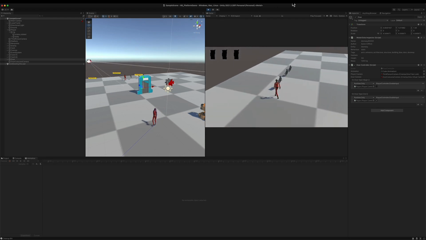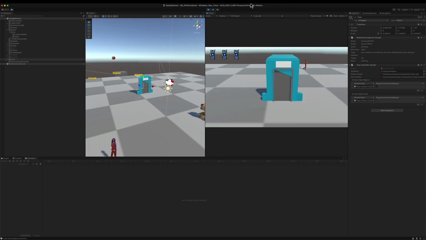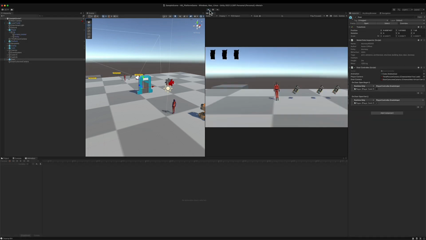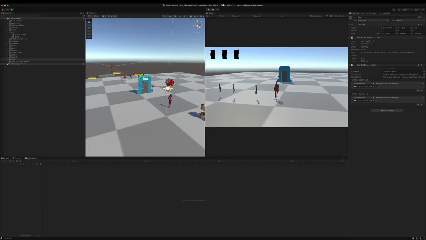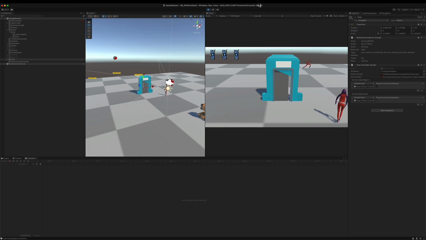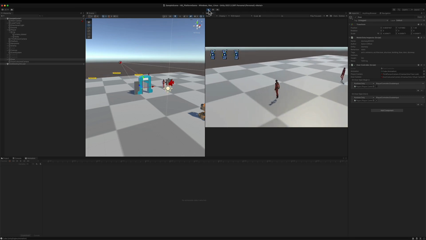Get 1 key, 2 keys, 3 keys, and now I'm no longer controlling my character, even though the animation is still playing. At least I'm no longer controlling the character, and I won't be able to see the character moving in place when I'm in the cutscene, so that's okay. Great. So now we have this control,